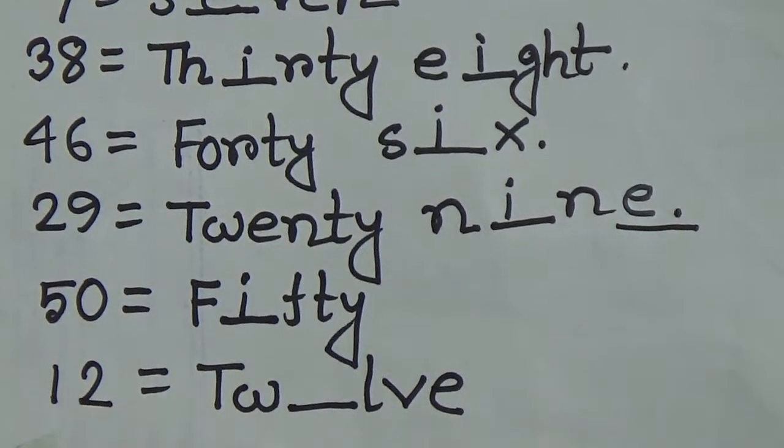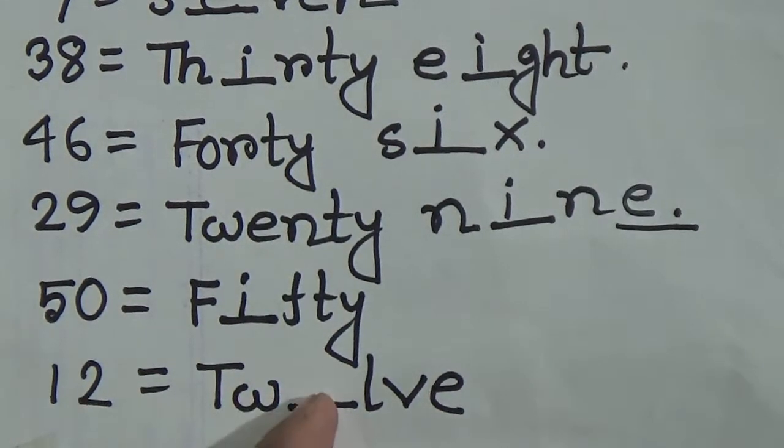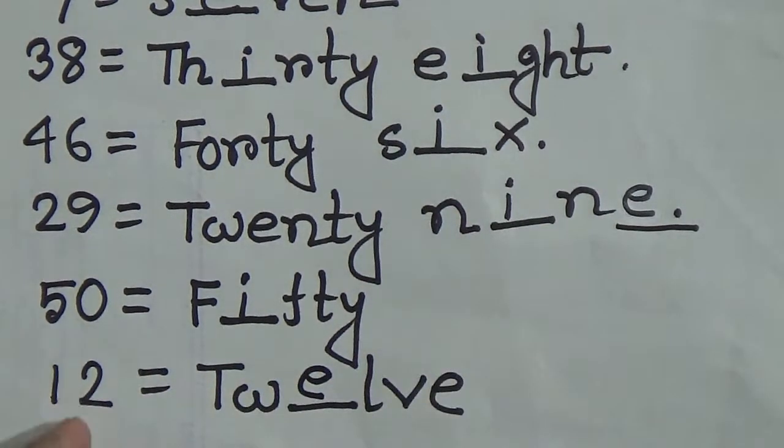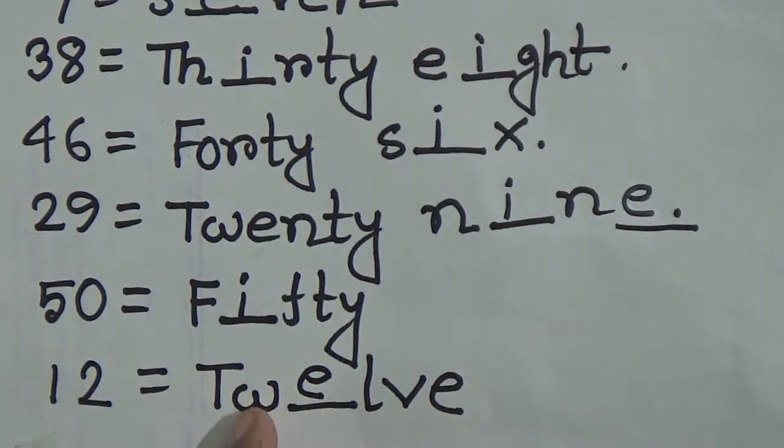What is the spelling of 12? T-W-E-L-V-E. Here E is absent. So here we write E. So the spelling of 12 is T-W-E-L-V-E. Our next one is